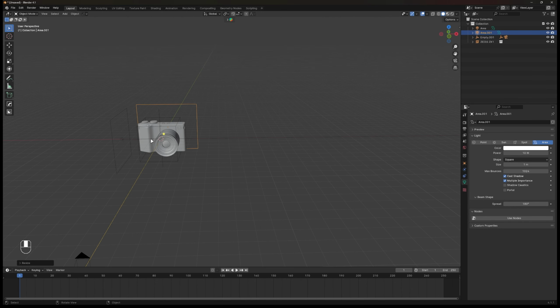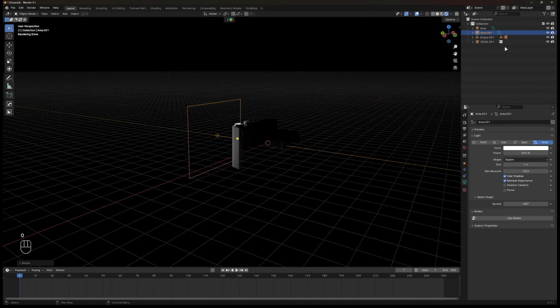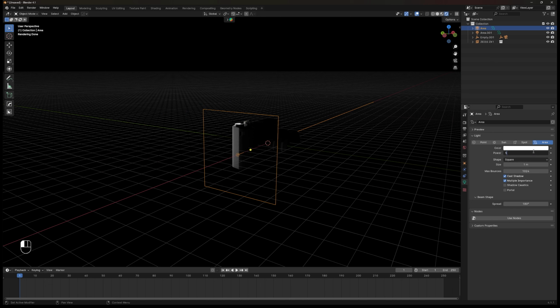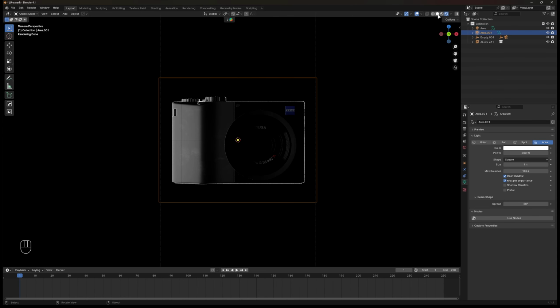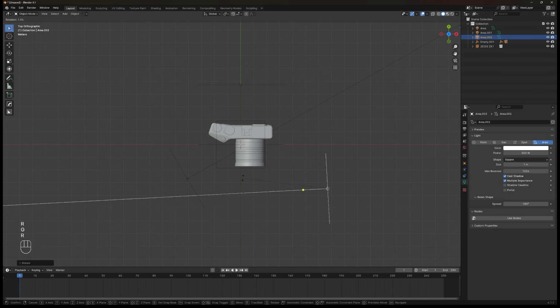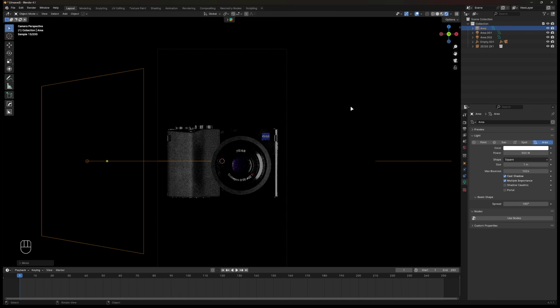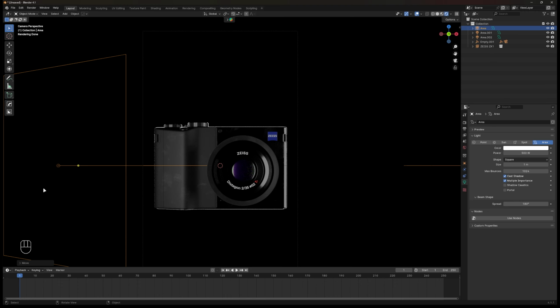Change the view to render to see the lighting result. Then on the light options, set the power to around 500 watts. You can decrease or increase it depending on your need. Also on the beam shape options, you can tweak the spread of the light too. So I rotate the left area light facing the asset and duplicate it, then place it on the right. Here I use the standard 3-point lighting method. So the left is the key light and the back is the back light or rim light and the right is the fill light. Super simple guys.